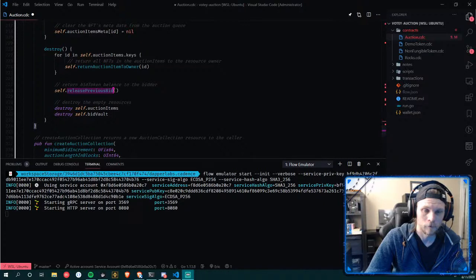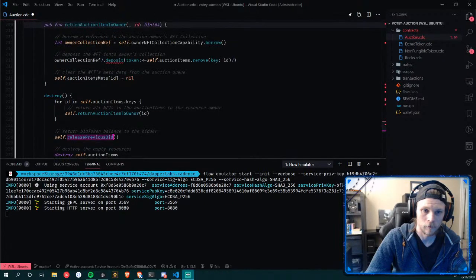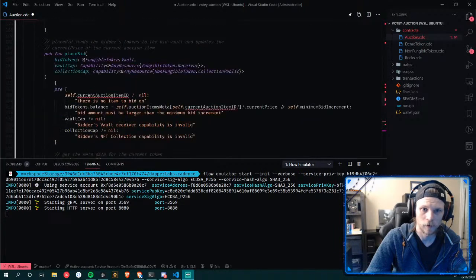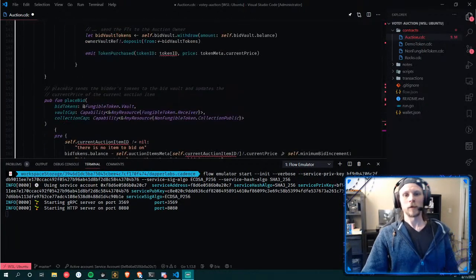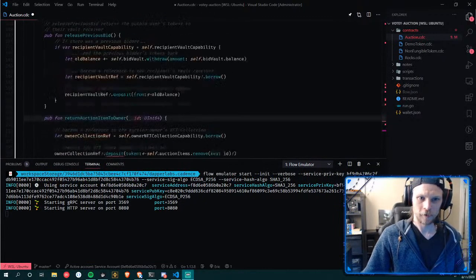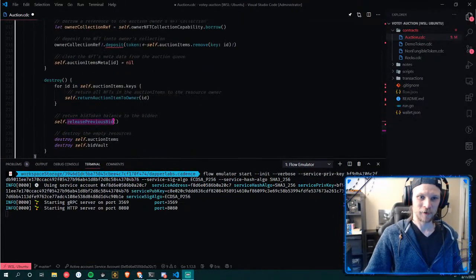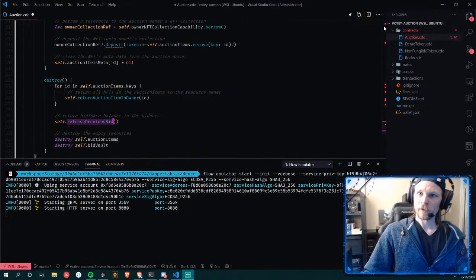Let me just ask you, why did you need the capabilities to be optional? Because if you don't have an auction item, right? Yeah. Hold on. You're up top again? Yeah, now I'm in the constructor, in the fields.